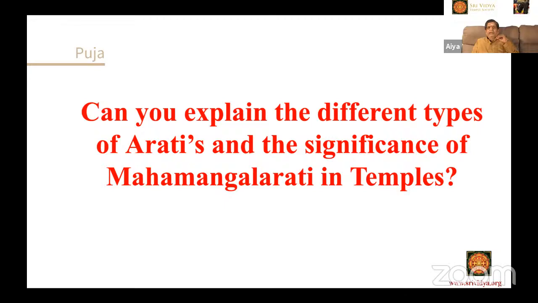And then there are Vahana Aratis, aratis for each of the Vahanas, vehicles of the deities. It usually starts with Ganesha and then goes on. If it is a Vaishnava temple, the sequence is different. If it is a Shiva temple, the sequence is different. And after all of these are shown, you will show a single arati to the deity, saying that this is the one that has got all of these manifestations.